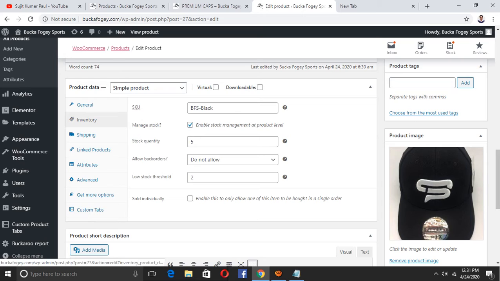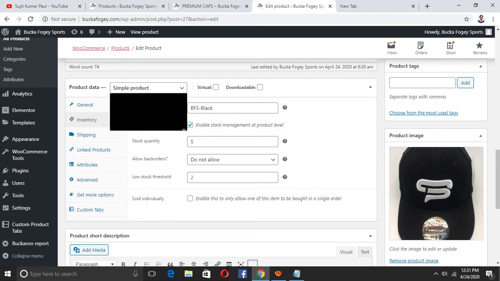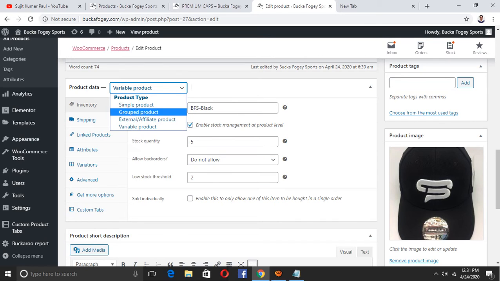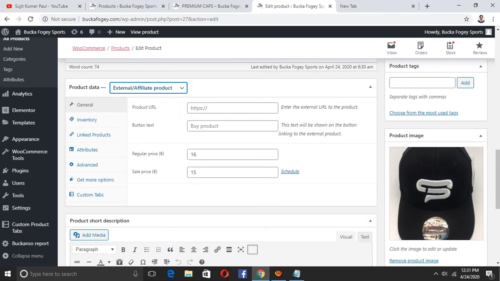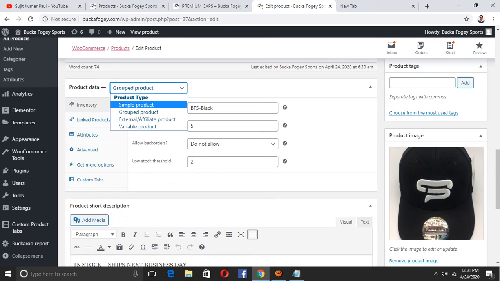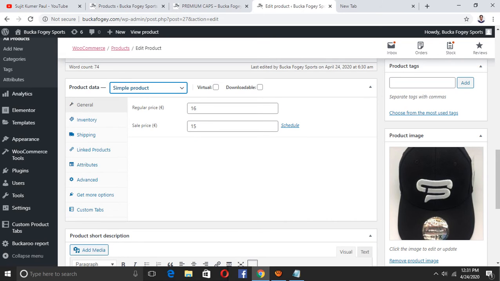So here you can set general inventory, and I show you something like product sell availability, and group like simple. Okay, the product data is simple product.